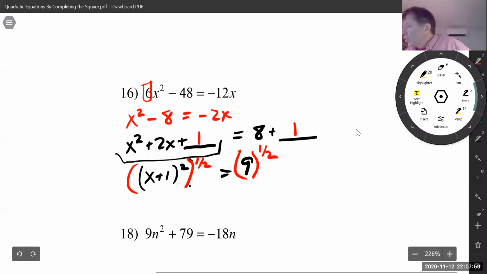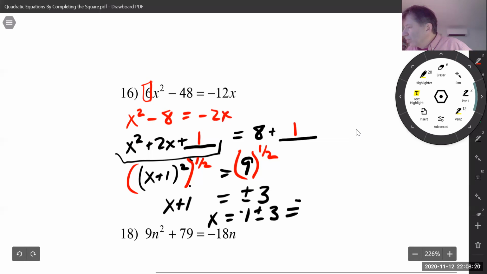So when I raise it to the 1/2 power, you multiply your exponents, so that actually becomes x plus 1 to the first power. And that's the same thing as taking the square root of 9, so this becomes plus or minus 3. So then when I isolate x, I get x is equal to negative 1 plus or minus 3,